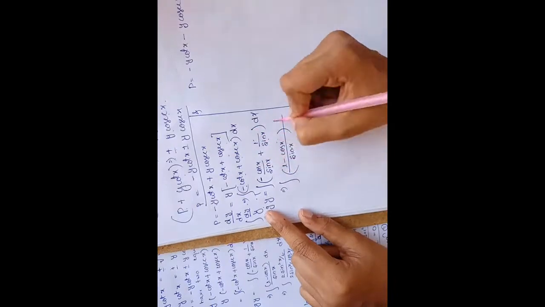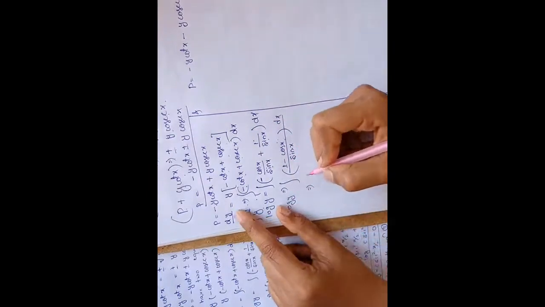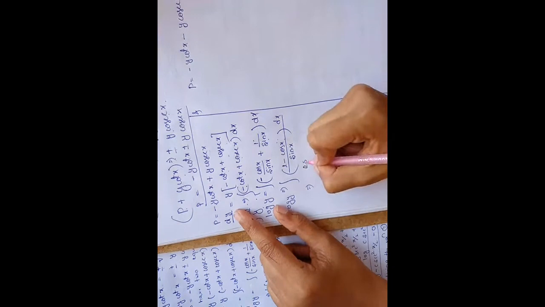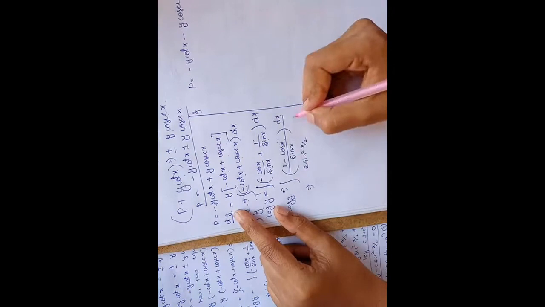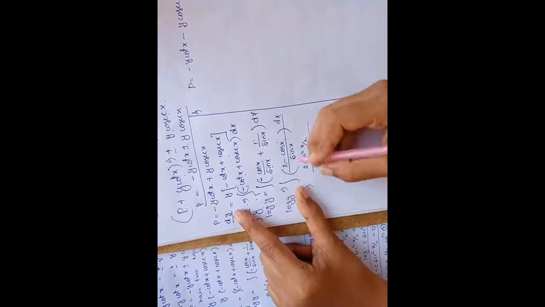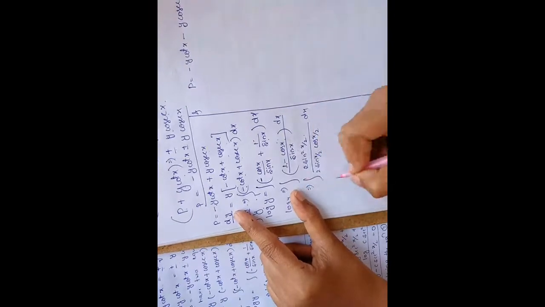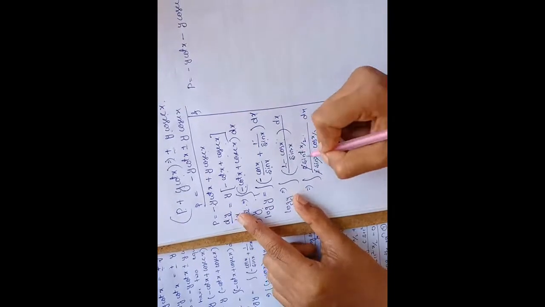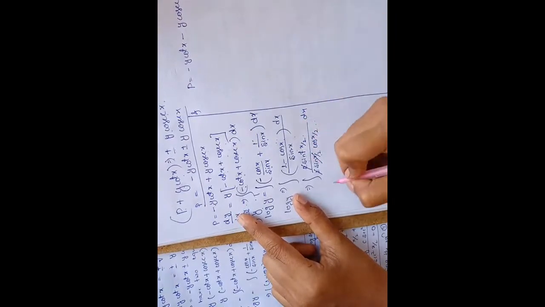So I will write log y as it is. The formula for 1 minus cos x is 2 sin square x by 2. And the sin x formula is 2 sin x by 2 into cos x by 2, into dx. So in the integration, the 2 gets cancelled, and one sin and another sin get cancelled. The remaining term is sin x by 2 divided by cos x by 2. So sin by cos is tan, so it is the integration of tan x by 2 into dx.